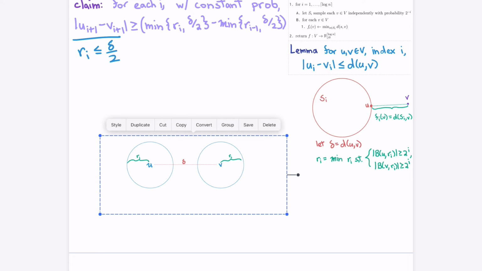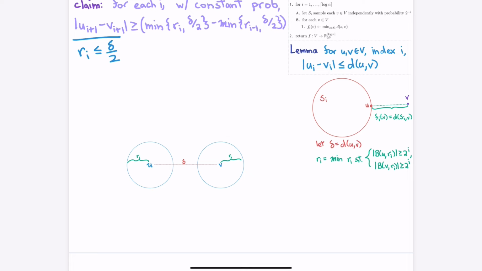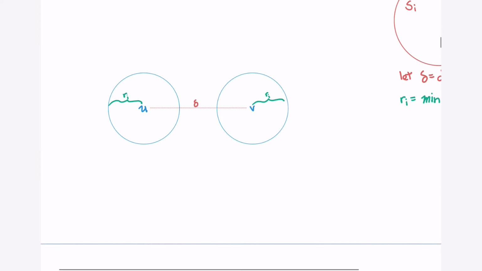Now I'm going to assume that r_i is determined either by U or V. r_i is as small as possible until, so let's say it's determined by U. So that means if I look strictly inside,